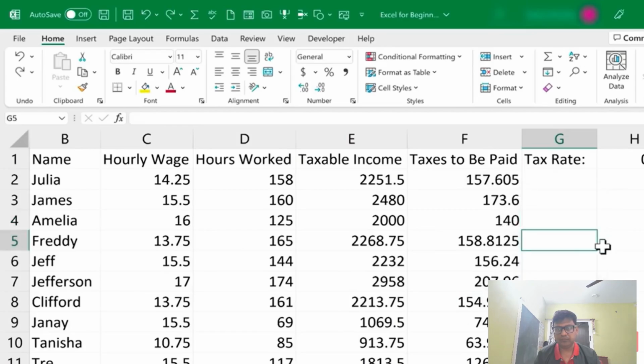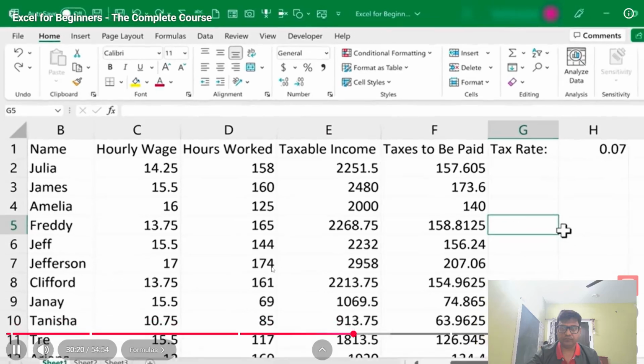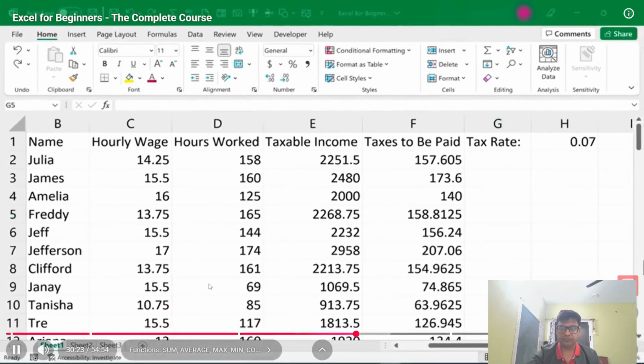Like I said, you'll learn later on in this video and in other videos I've created how you can use those named ranges in some exciting ways. In this next segment of Excel for Beginners, the complete course, we're going to focus on functions. And many users